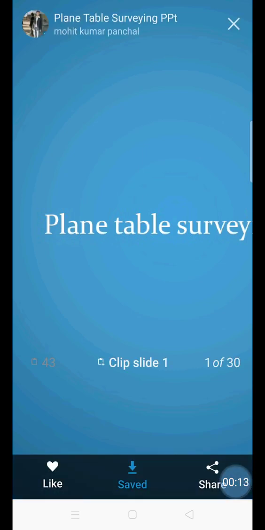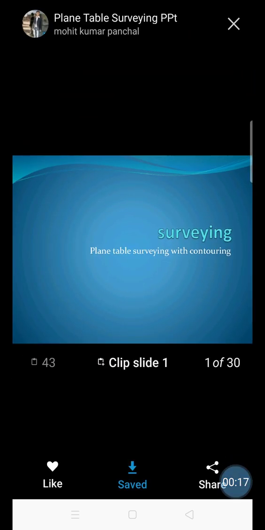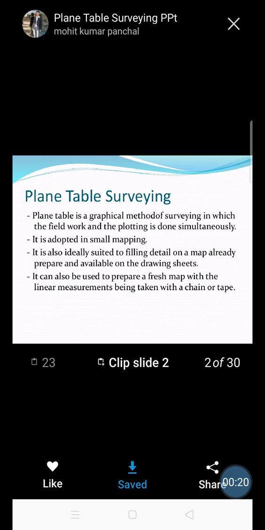Friends, today we are going to start the very first unit of advanced surveying, that is plane table surveying. In the previous semester we studied different types of survey, and now in advanced survey we are going to study plane table surveying. Plane table surveying is basically a graphical method of surveying in which the fieldwork and plotting are carried out simultaneously. Up till now, in the compass survey we are